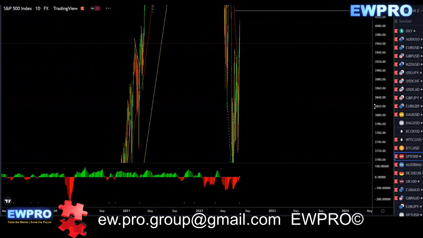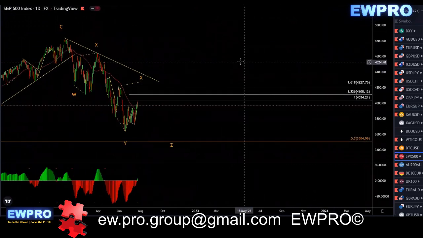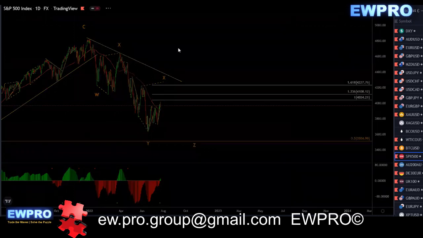SPX on the daily. So we're looking for that WXY. This may be the end of the wave Y, and then we get an X2 and then a Z down. But either way, I'm sort of looking at an A, B, C in here. I don't really like it, like I've mentioned, but